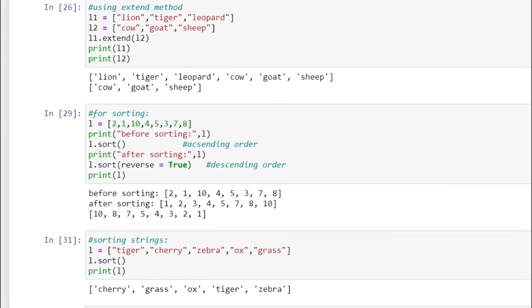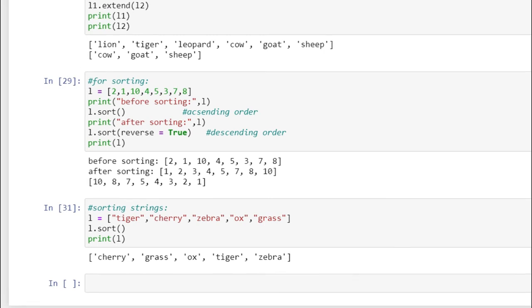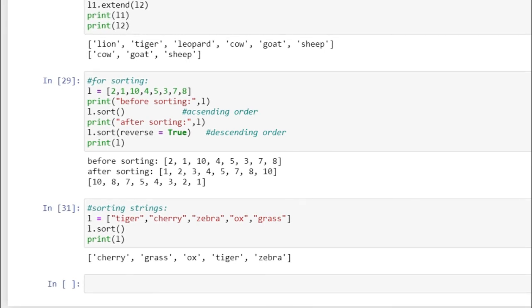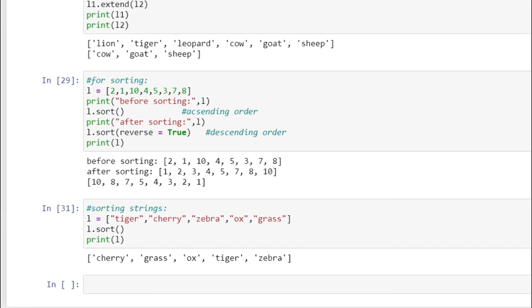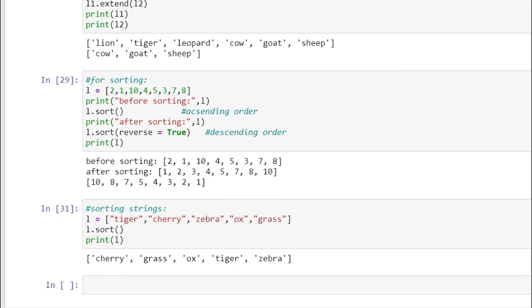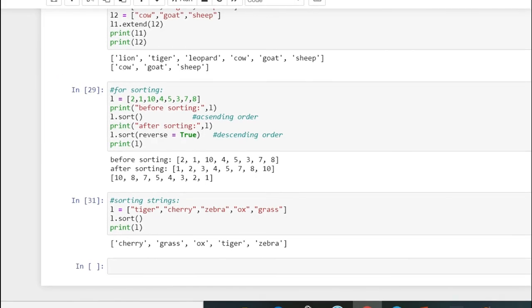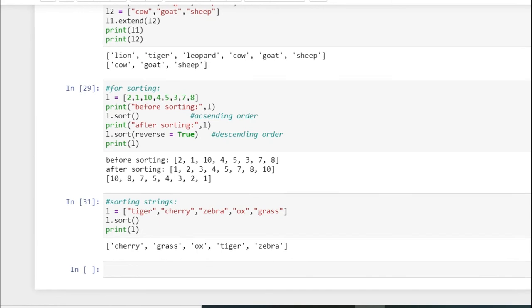And we also have direct methods for sorting. So here I have initialized the list with numbers so that we can understand much easier. So here I have a list L which is unsorted. So we printed it before sorting, and we just use the method L.sort, and all the elements of the list will be sorted automatically. So after we print it, we get it as a sorted array that is in ascending order.